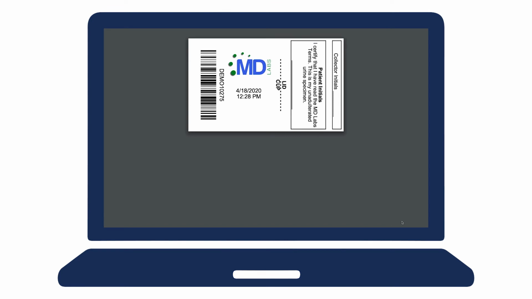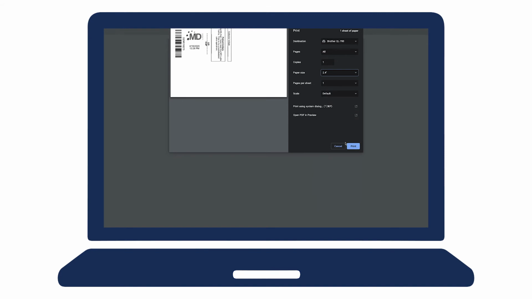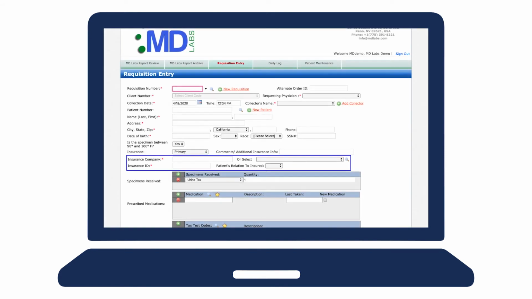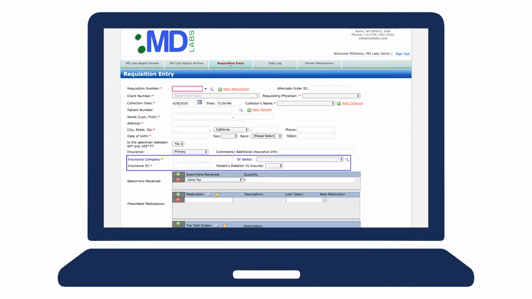Click on the printer icon. Change the destination to the label printer. Change the paper size to 2.4 inches. Then click Print. If you are entering a requisition for an existing patient, you click the Requisition Entry tab, click